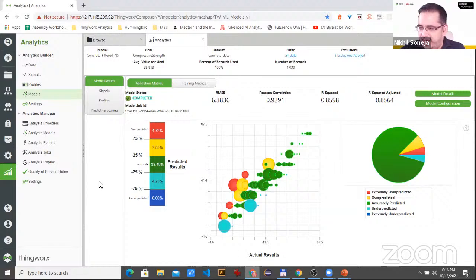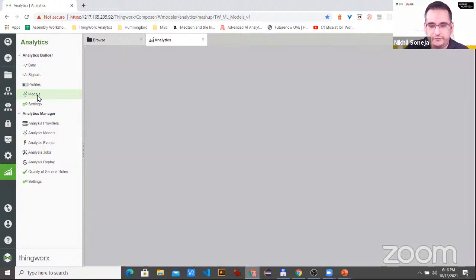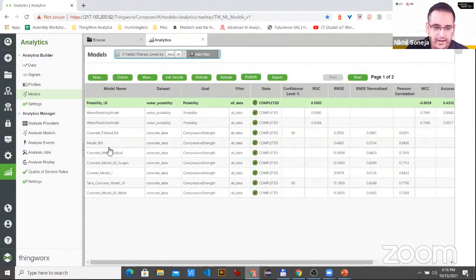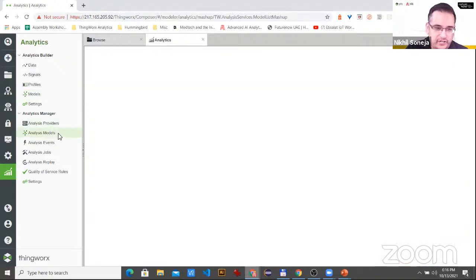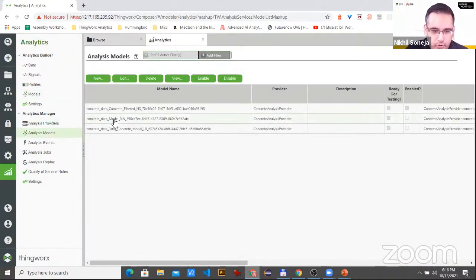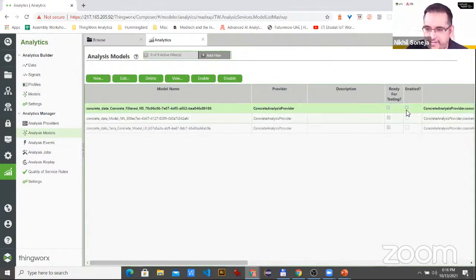After we did this in Analytics Builder, that's when we went back to the model and we published it. So if you go back to the model thing, you can see a list of all the models that have been created. And we went here and we published it. It sends it to Analytics Manager. And once you publish a model in Analytics Manager, it shows up with a particular thing here. So this was a published model. This was the one that's published and enabled. So you can see enabled here. Publishing the model allows us to use it in the rest of ThingWorx. That's what you need to remember mostly.